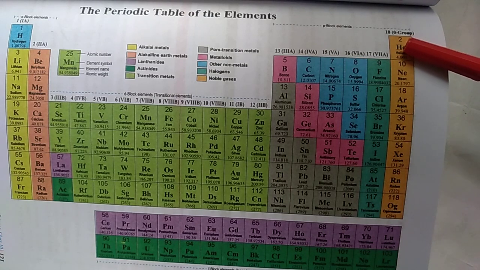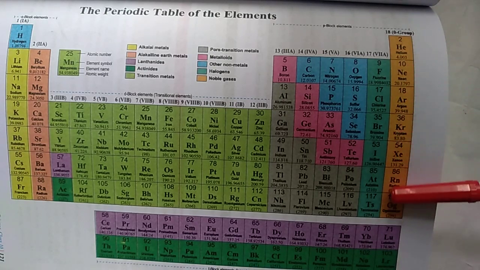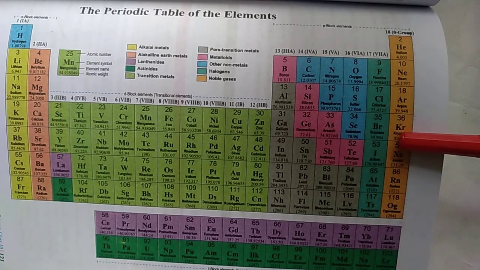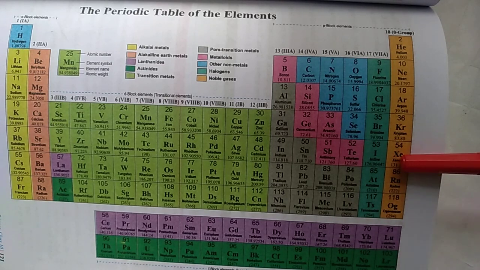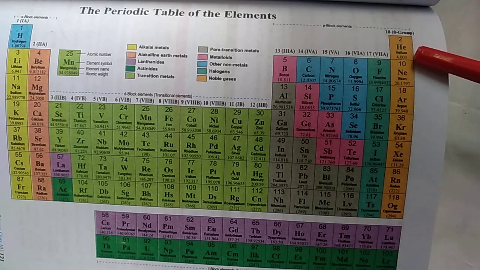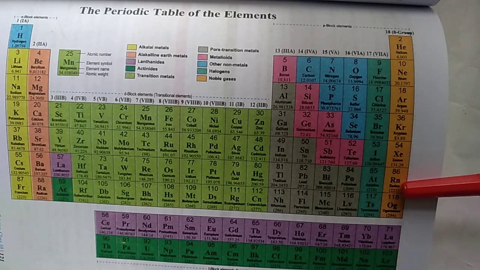Helium is duplet. It has 2 electrons in the outermost shell. This is duplet, and the rest of the elements are octet. Okay, they are in octet state. They have 8 electrons in their valence shell. That is why they do not take part in chemical reactions, and they are called inert elements. Inert means non-reactive. Okay, these are also called noble gases. So these are group 0